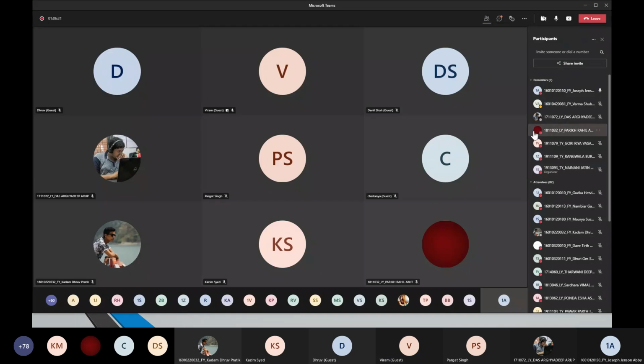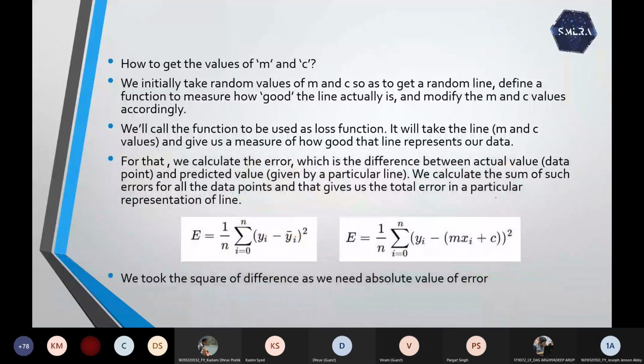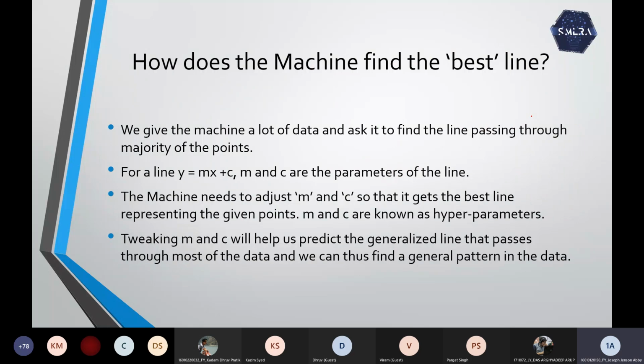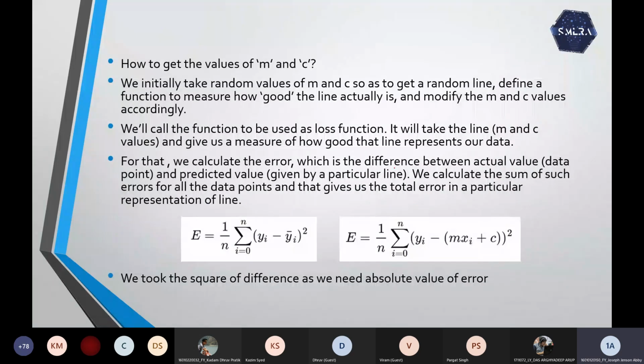All right. So now you understood what the loss function is. We have any random line, and we are predicting how good or bad that line is. So we are calculating the loss function for that particular line, and our job is to minimize this loss function. The line which gives the least value of the loss function is our linear regression line, the line which we need. So till now our job is to reduce this loss function. We need to find the minima of this loss function. Now how do we find the minima of this loss function?